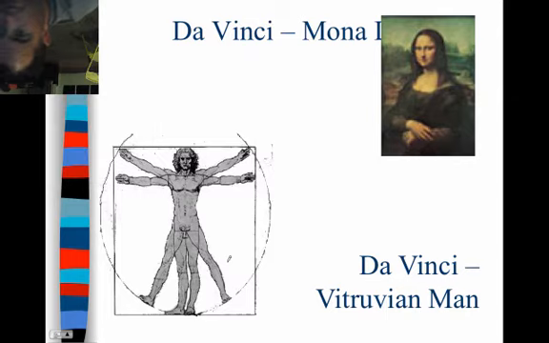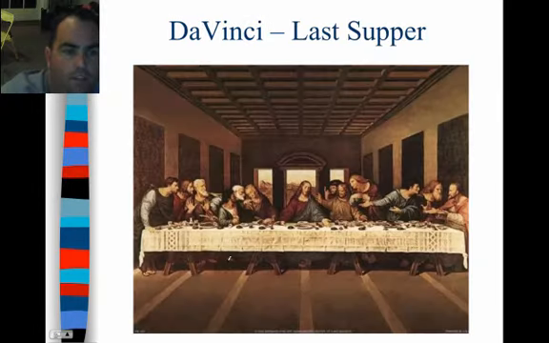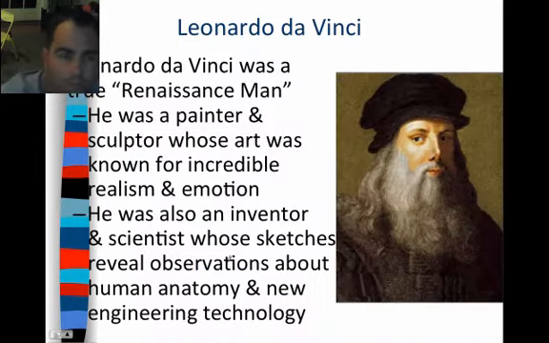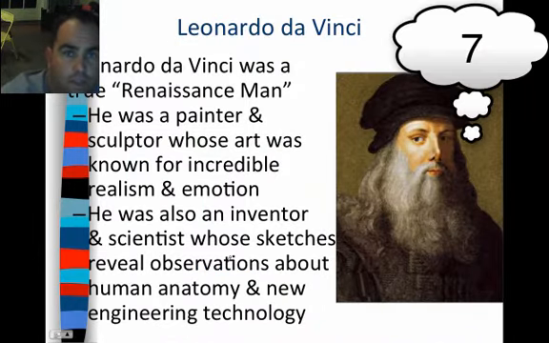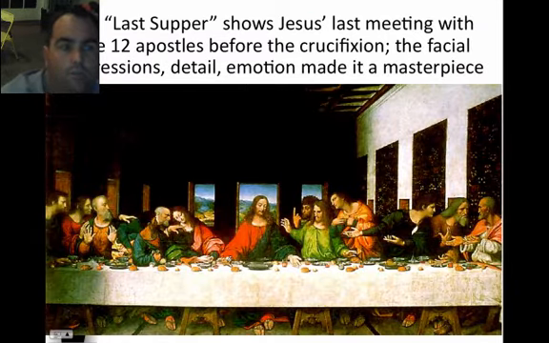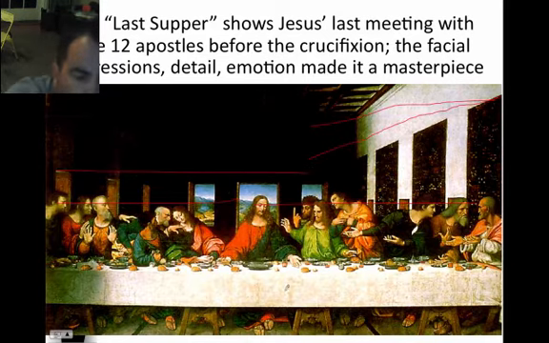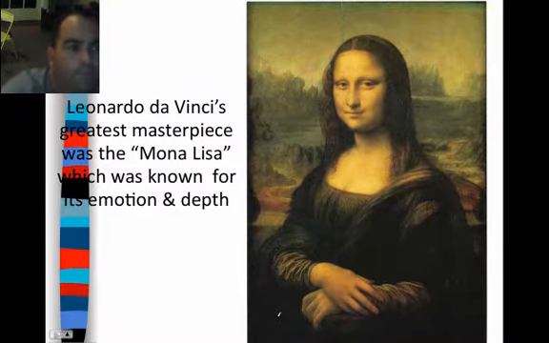Amazing. You get Da Vinci, Mona Lisa, the Vitruvian Man, the Last Supper, which we've already talked about, a true Renaissance man, known as a sculptor, known as an artist, scientist, inventor, studied the human anatomy. All 12 apostles have different expressions. And if you actually look, there's even perspective. If you notice here, I didn't draw that right. There's perspective even in this painting. Look at the feet. Amazing, right?